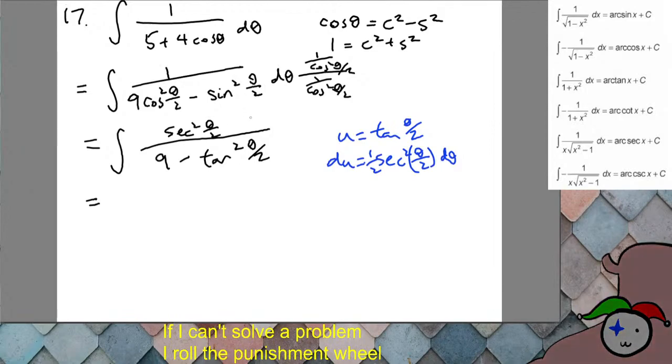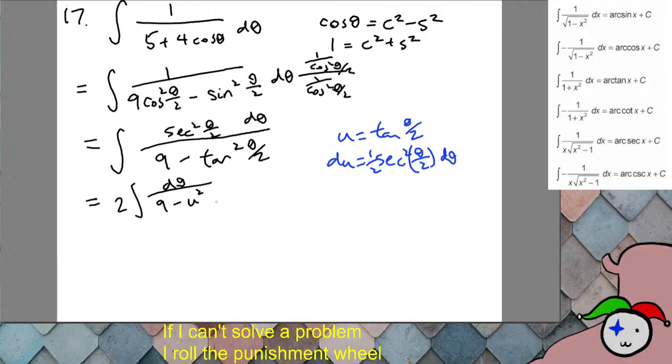Then 2 d theta over 9 minus u squared, and